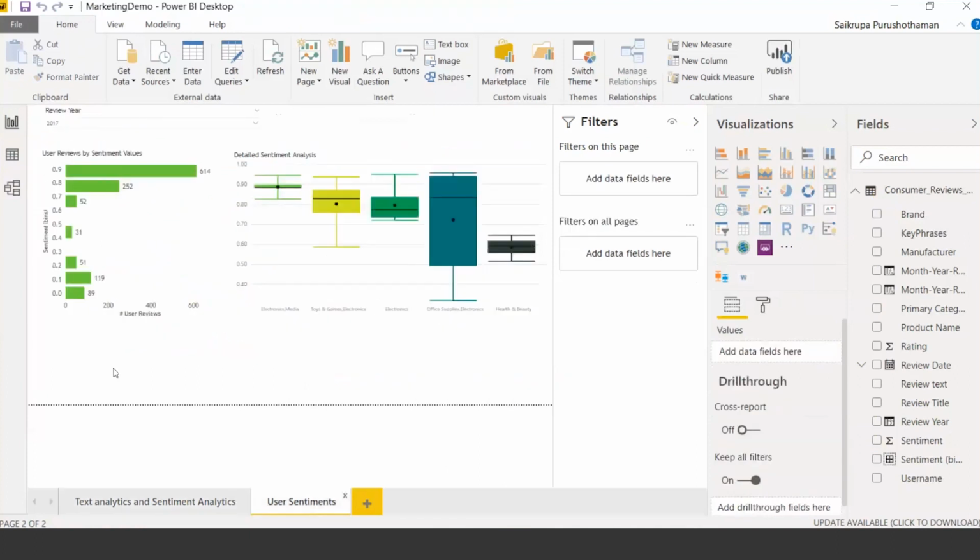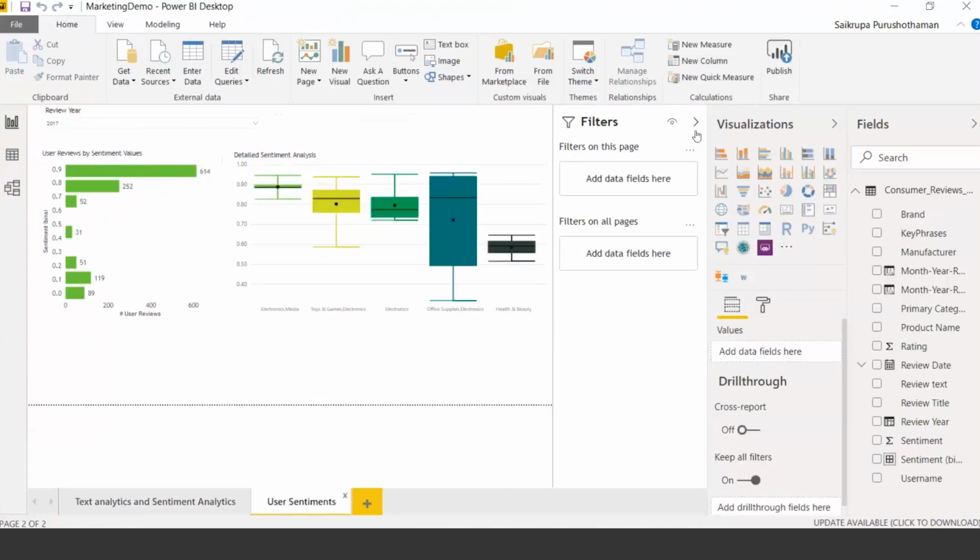I've also tried to understand how many users have really given me feedback that sounds positive. What I've basically done is split my sentiment scores into bins, as we call it, into different groups with a range of 0.1, as you see. I've counted the number of users that have similar sentiment scores. So I can see that the majority of my users have given positive feedback here, because there's a lot around 0.9, and that's the trend that we see.